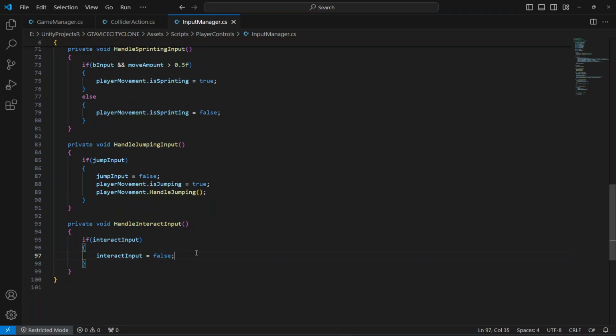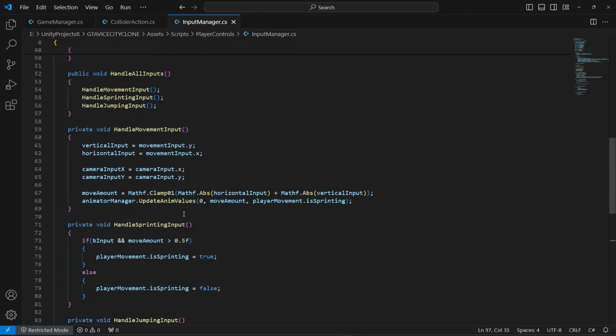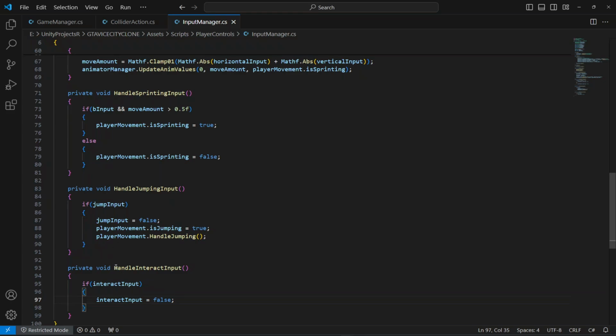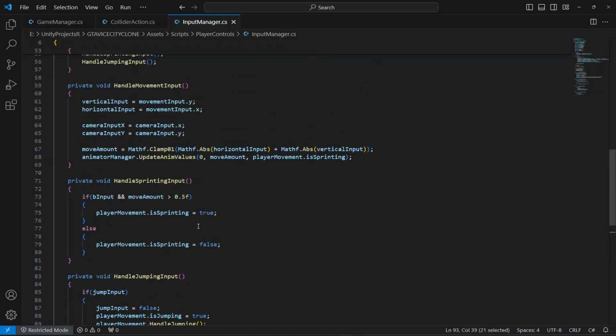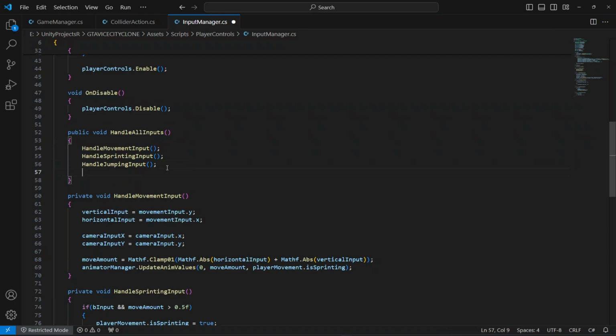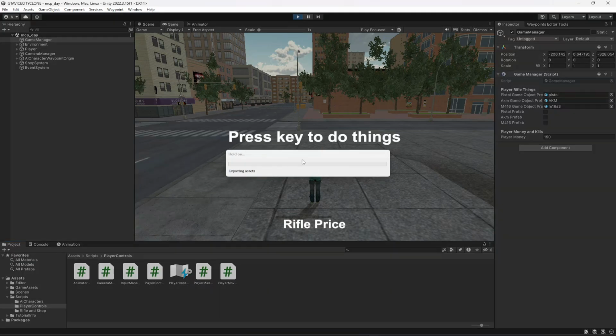Okay, so now when we press the E key one time, it will enter the shop, and when we press it again, it will close the shop. Okay, and it will not enter and close the shop again and again. Okay, and make sure that you call this method in the handle all inputs right here. Now if we play the game again,